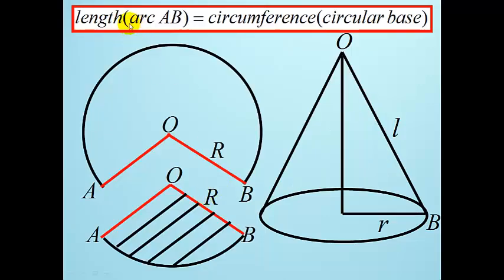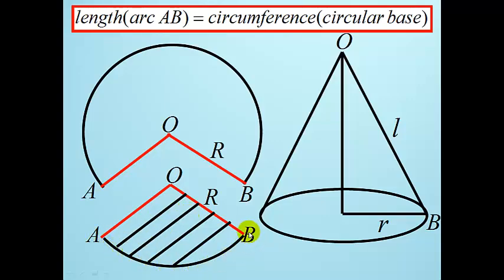Now, let's take note of this. When you form a cone from a sector of a circle, either the minor sector or the major sector, take note of this. The length of the arc AB is equal to the circumference of the circular base. Now, let me try to explain to you to understand. We have two sectors. We have the minor sector and we have the major sector. Considering the minor sector,